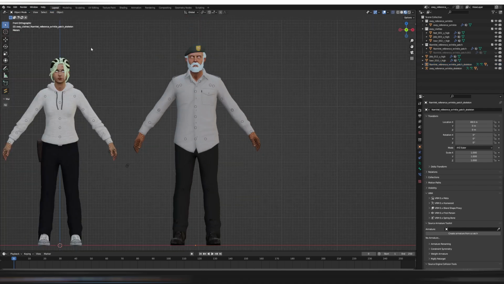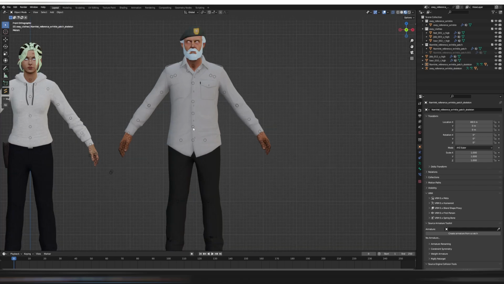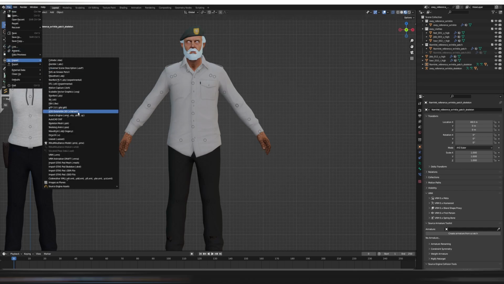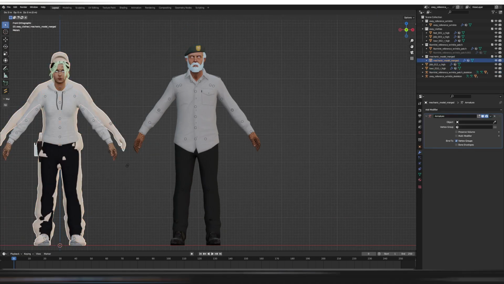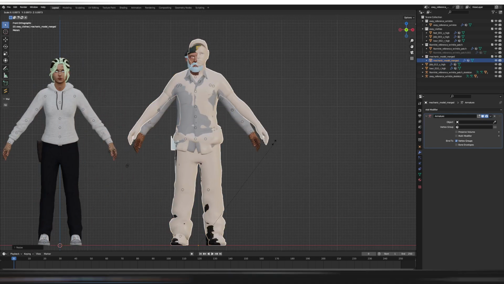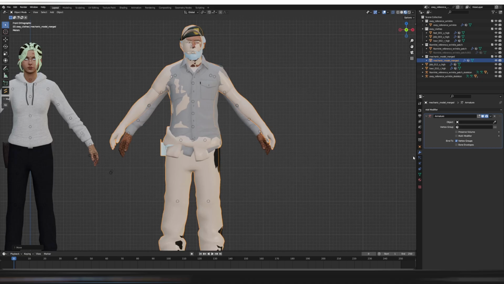A great feature of mesh data transfer is that you're not limited to just one model. You can mesh data transfer a specific vertex group or bone from one model, and then another from something else. So we're going to keep these arms from Bill, but we're going to add a spine from someone else. Now you can select whoever you want, but we're going to go for Ellis because he's probably the best for this. So I'm going to import Ellis, delete his armature because it doesn't matter, bring it here, scale him up a bit to be more Bill sized, and then the next step,